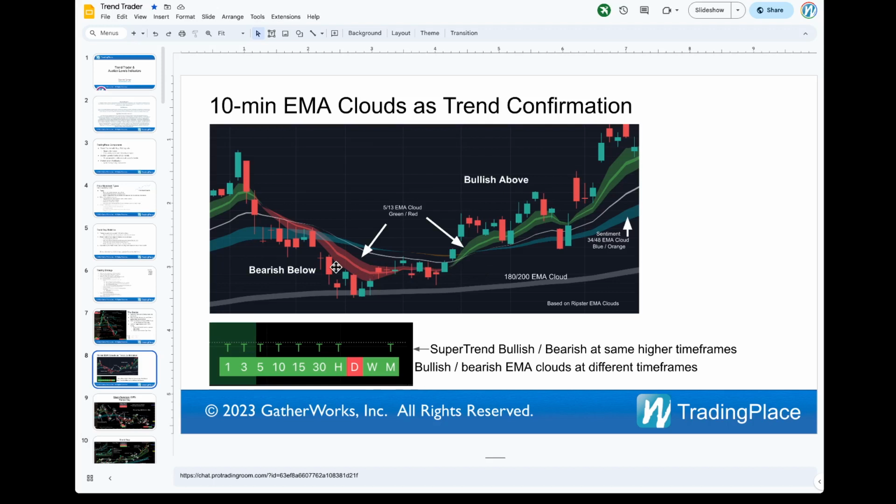But you can see here, so we got a bearish bias here, and then here we go above it, and now we have a bullish bias. And when we have a pullback, we get in and we go up. Okay, so a lot of it is based on understanding these. There's a lot of documentation on it from Ripster and everyone else.